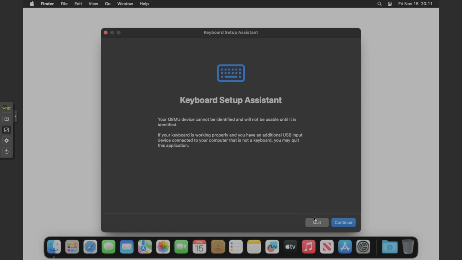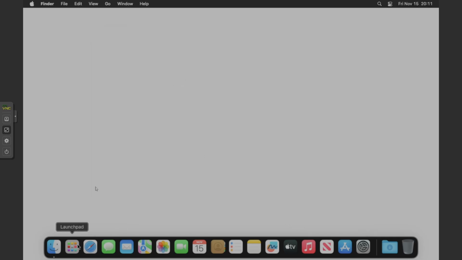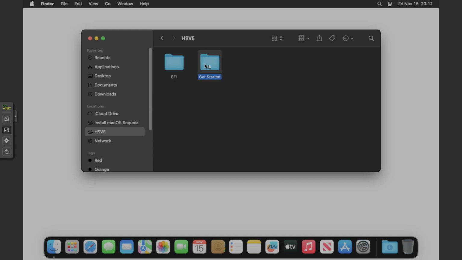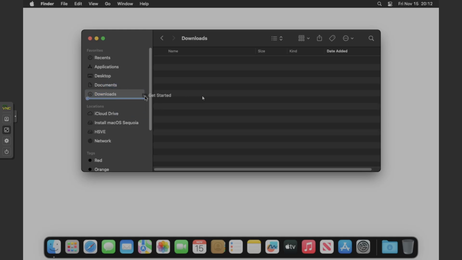And then we're on the desktop, so you can see we can set this up. I'm just going to quit it for now. The first thing that we're going to do on the desktop is go into Finder and then find the HSVE disk. So we click on that and drag this getting started folder either on your desktop or in your downloads. So if we drag that over,